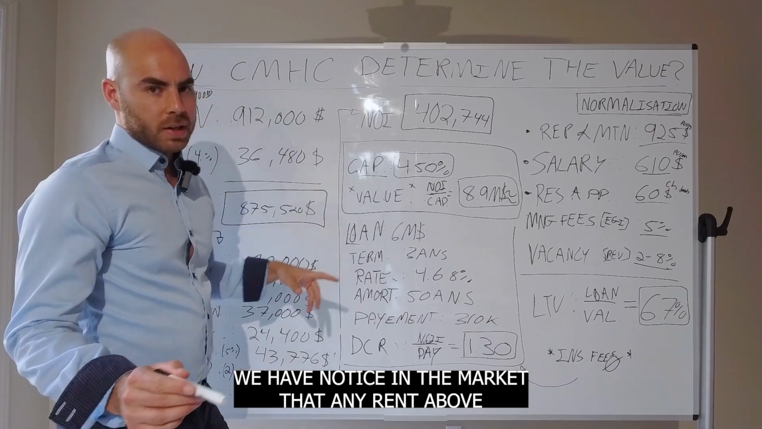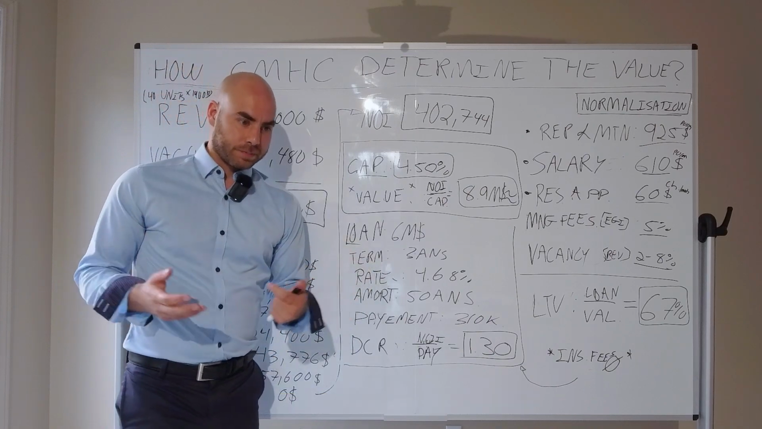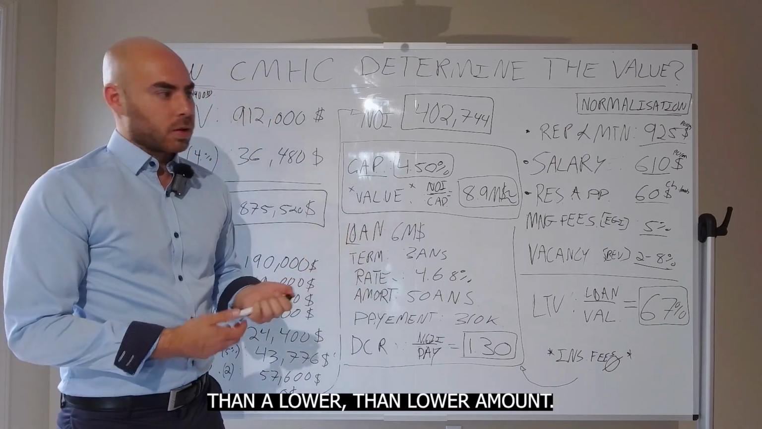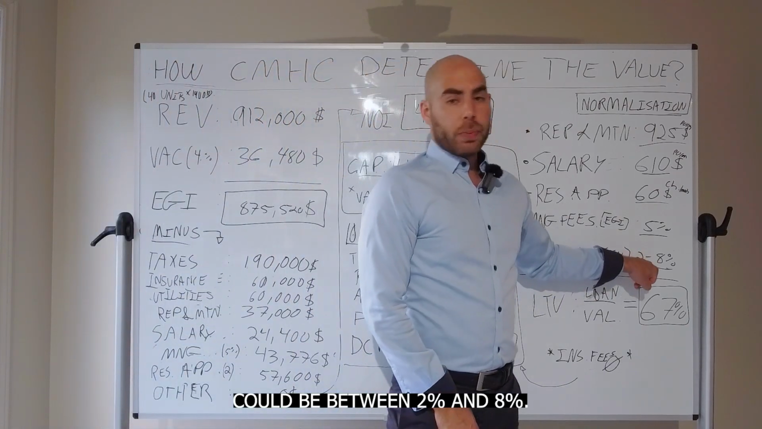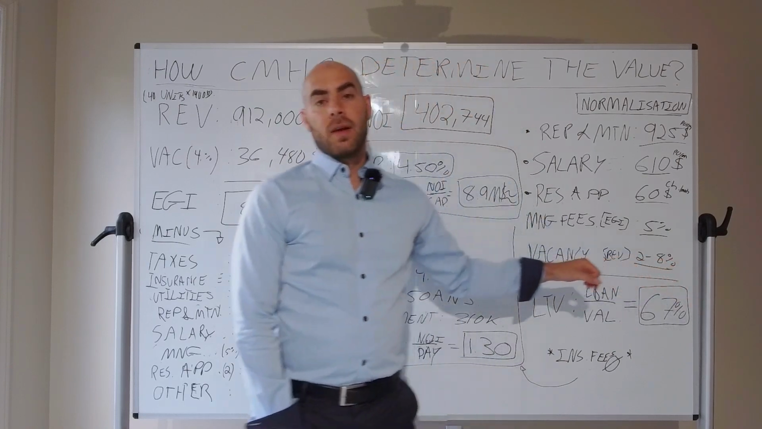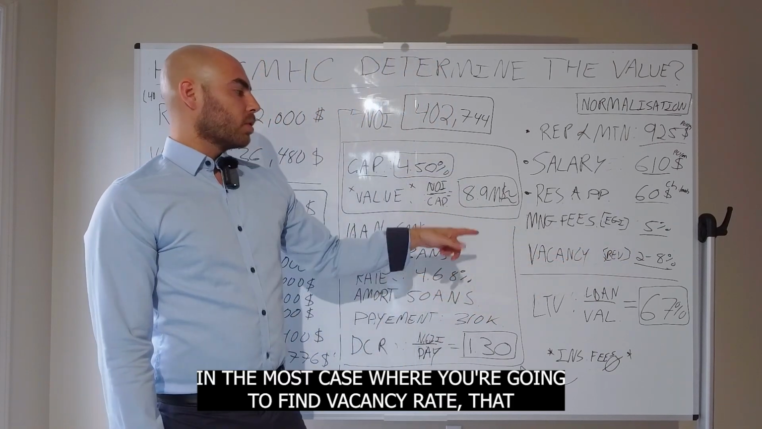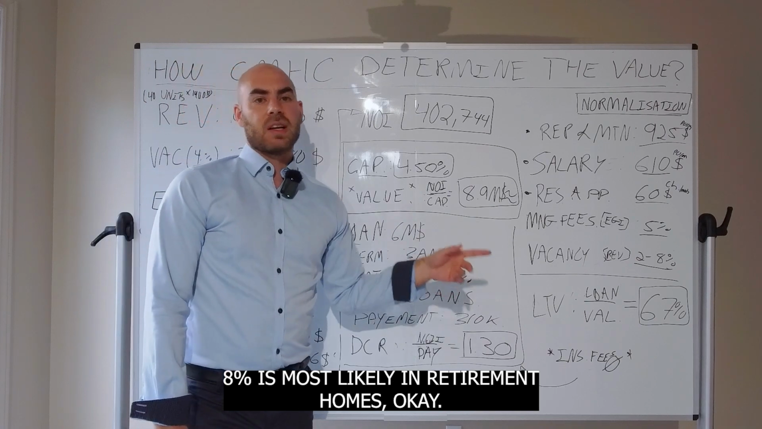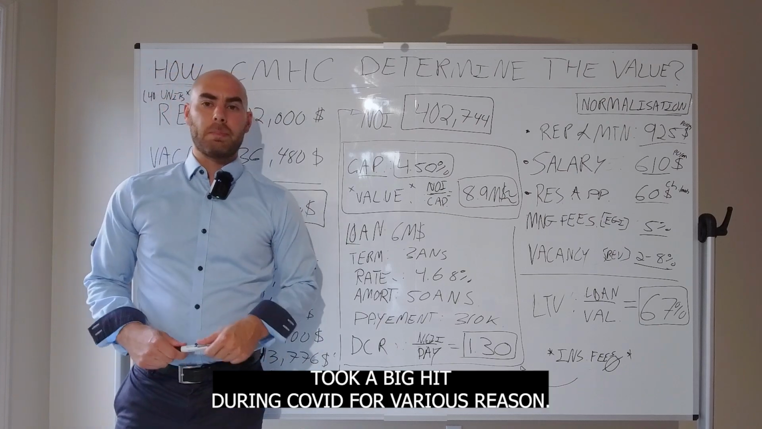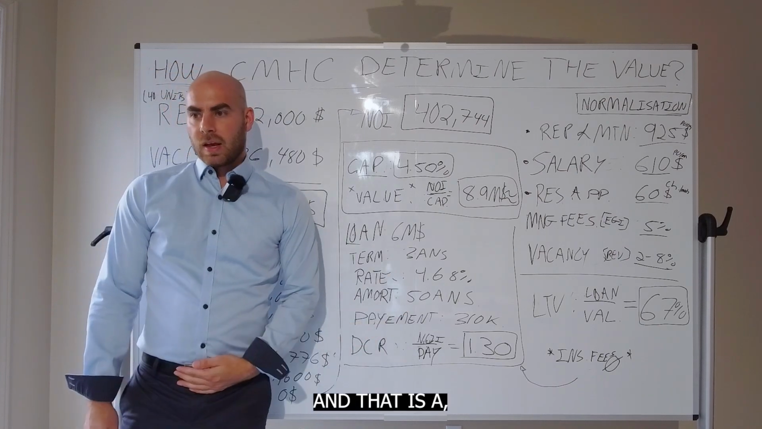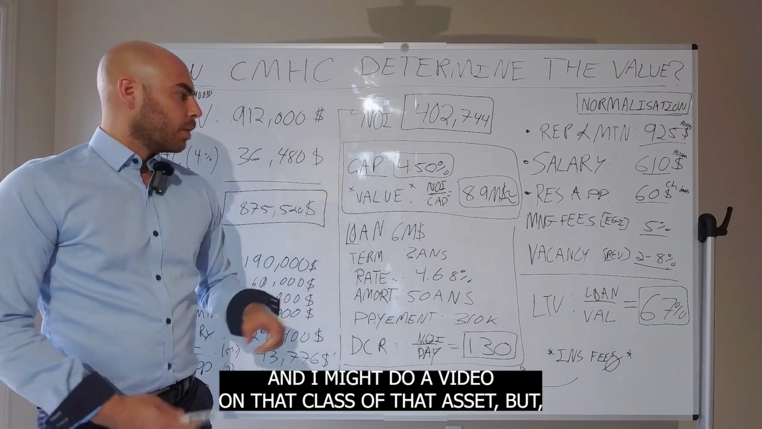We have noticed in the market that any rent above 2,500 or 2,600 has more vacancy than a lower amount. And the vacancy currently, as we speak now, could be between 2% and 8%. But this is any class of asset combined here, okay? In most cases where you're gonna find a vacancy rate at 8% is most likely in retirement homes, okay? Because the retirement home industry took a big hit during COVID for various reasons, and that is a video in itself, and I might do a video on that class of asset, but